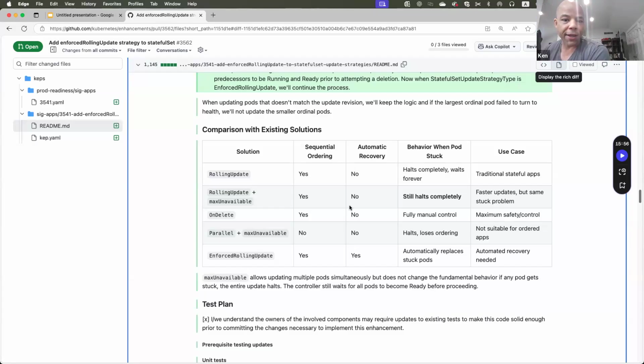Even way back, before we went V1, I remember Clayton, Janet, me, and some other people talking about how we could do a recreate later. It was always backlogged. To your point in the cap, yes, there are a lot of people who end up working stuff in CI/CD, but most of the time it's because they pushed a bad image version or something like that, and I get it, I just don't care. The balance has always been that we don't want to do recreate because of the potential impact of data corruption or loss for a production workload.